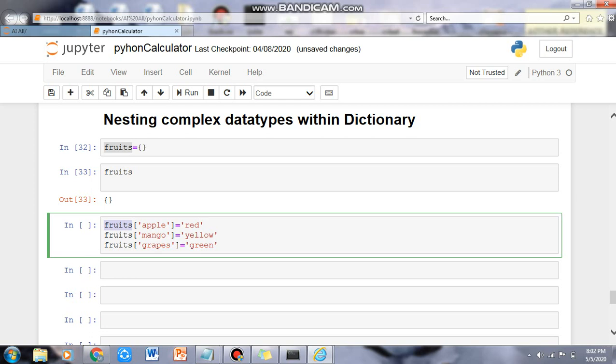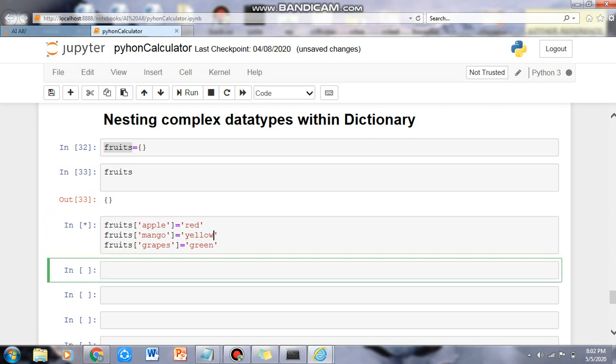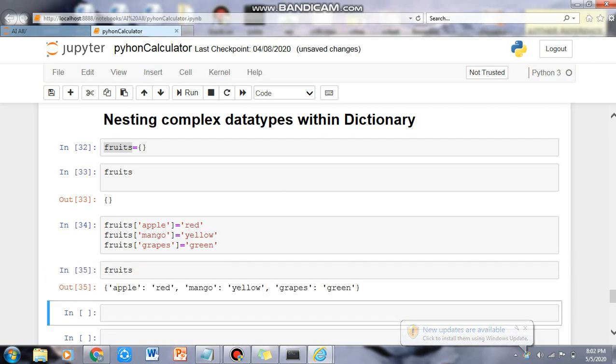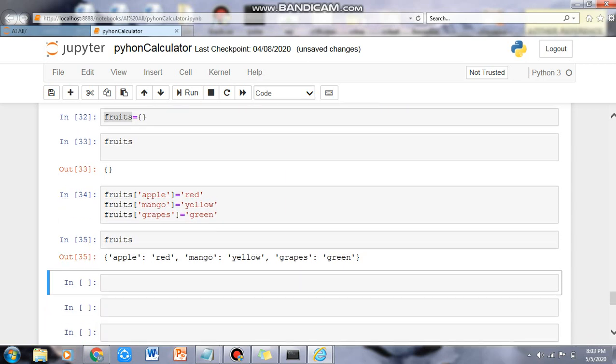Apple here is the key of the fruits, and red is the value with the equal to sign. And when we press this, we have the fruits dictionary, which has been updated with new items. Now you can see a dictionary here where the keys and the values are updated.